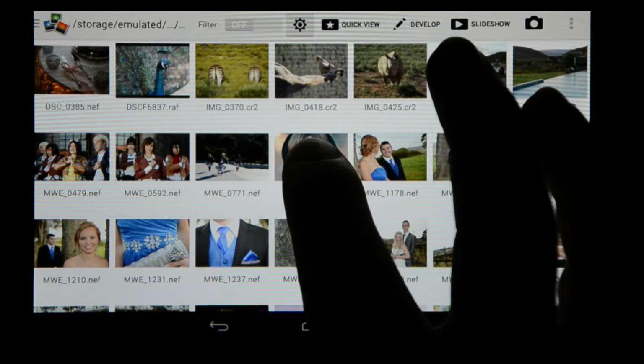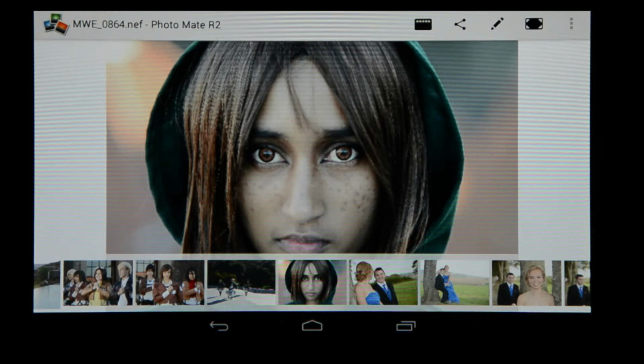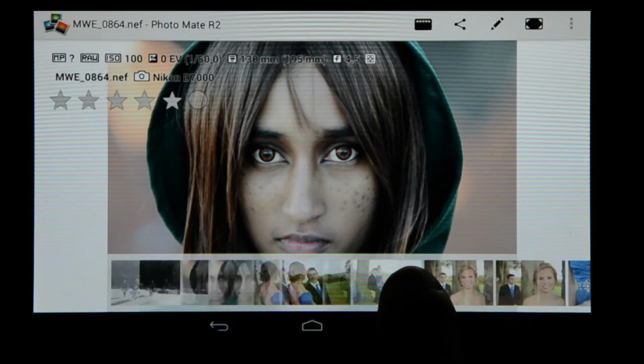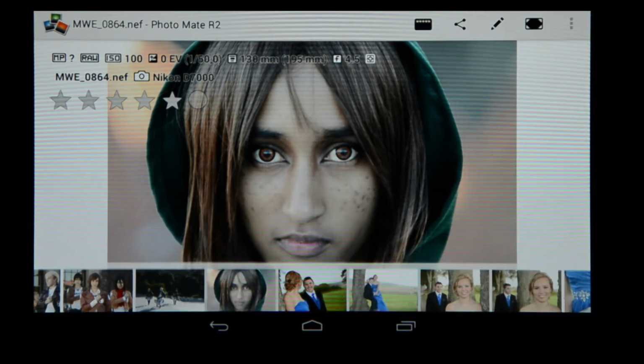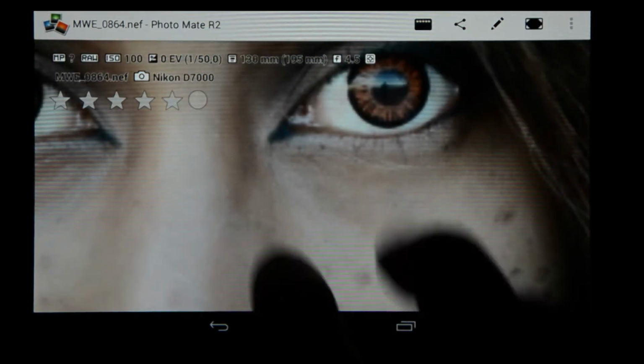When you single tap on an image, you are taken to this quick view, which has also got a film strip in the bottom, the same as with Lightroom, where you can choose your specific image. You've also got your EXIF data at the top, as well as a star rating system and a label. When you single tap, it takes the film strip away, or you can double tap to go in for a